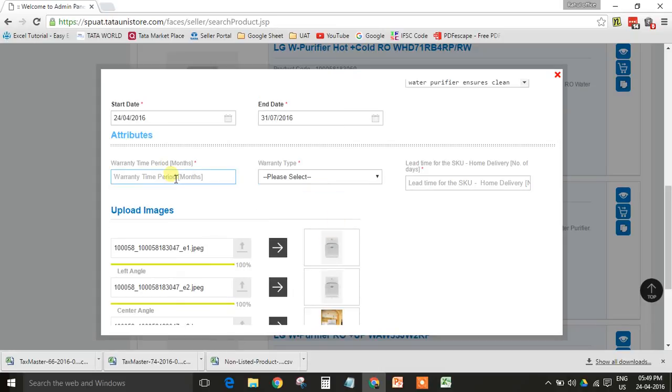Then I would be giving a 12-month warranty on this product and this warranty is from the seller's end. Then I update the lead time as 1. So 1 is equivalent to 6 to 7 working days. You can calculate in the same way and feed in the days more if you will take more time to deliver.